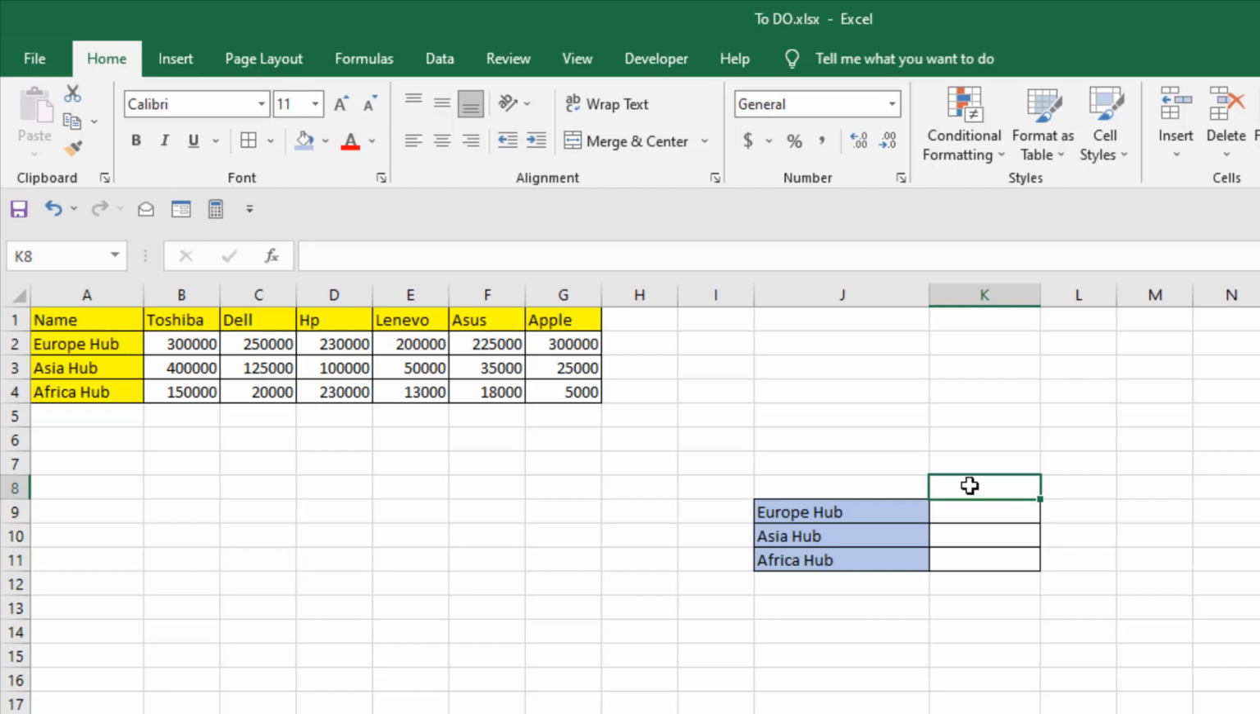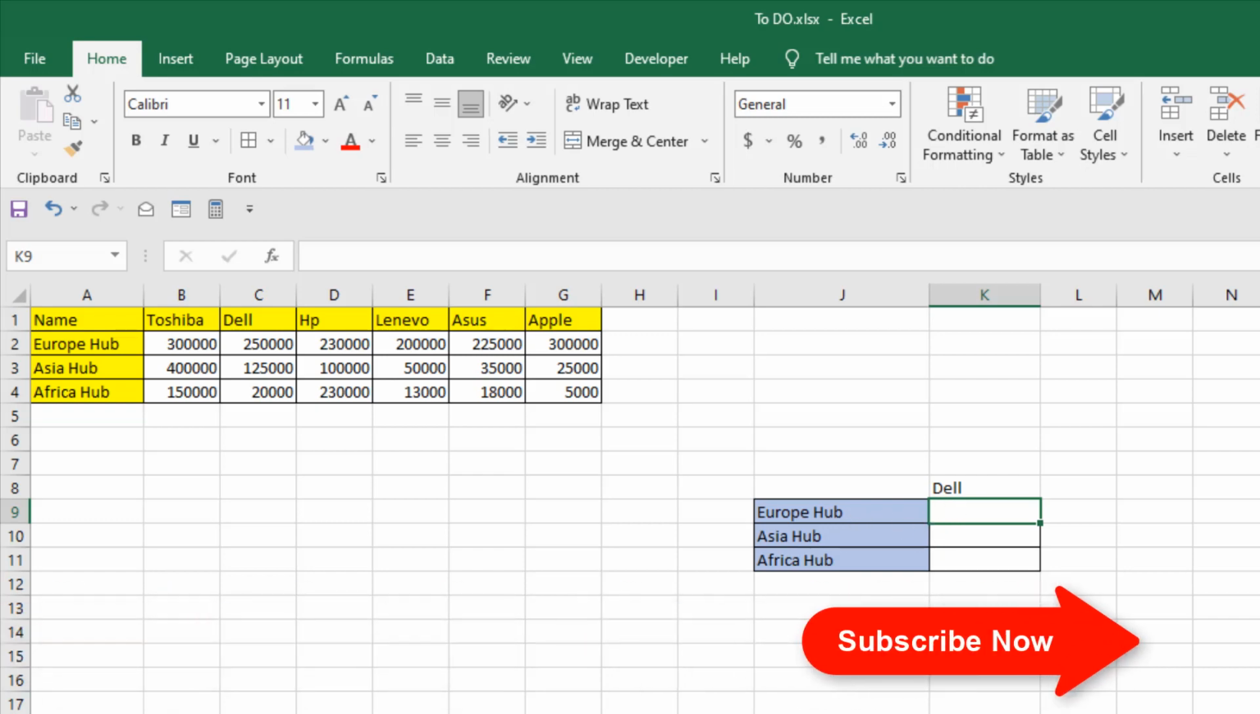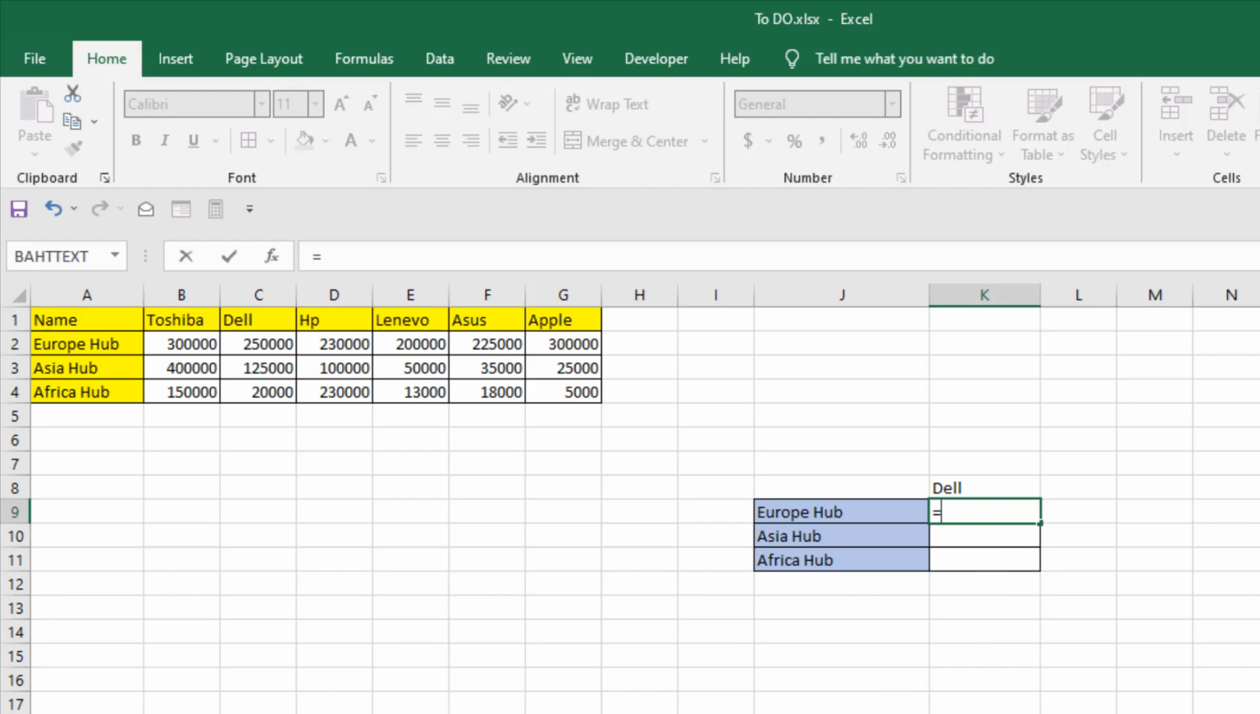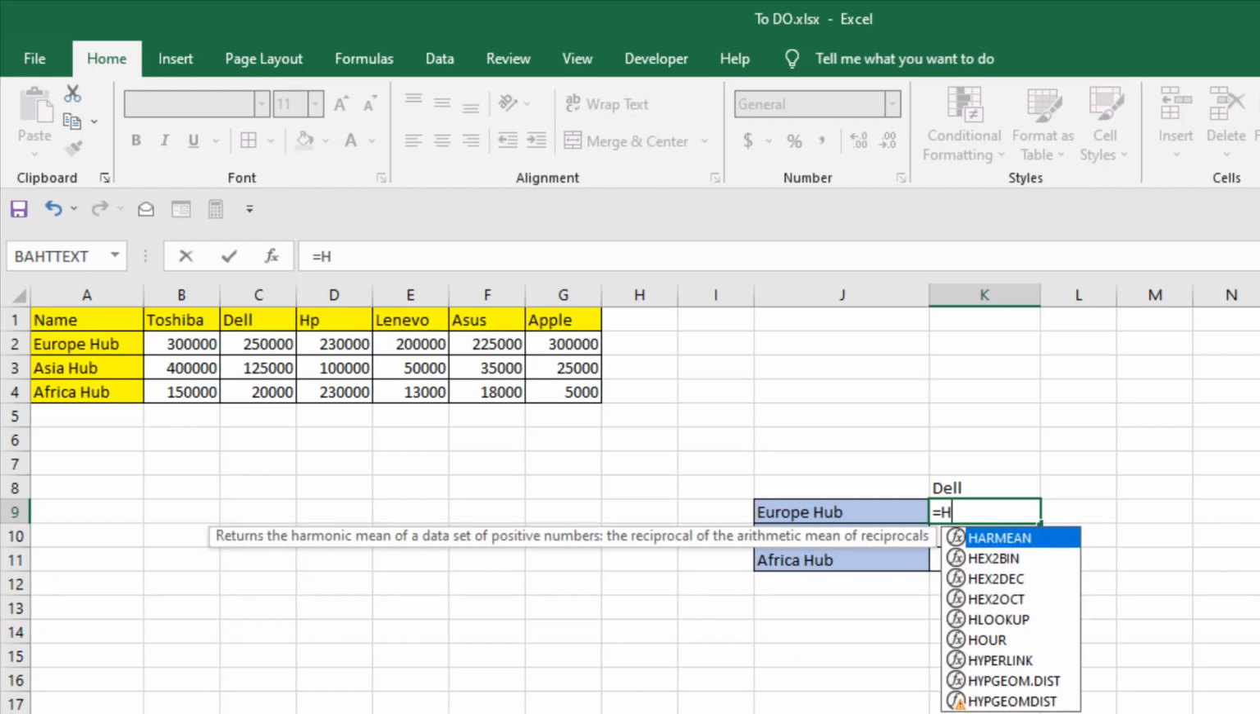In this cell K8 we're going to write the product name. Let's write Dell here. We can change it anytime we want. Let's write the HLOOKUP function here to find out how many Dell computer we have in our Europe hub. Okay, write equal to and then write HLOOKUP H,